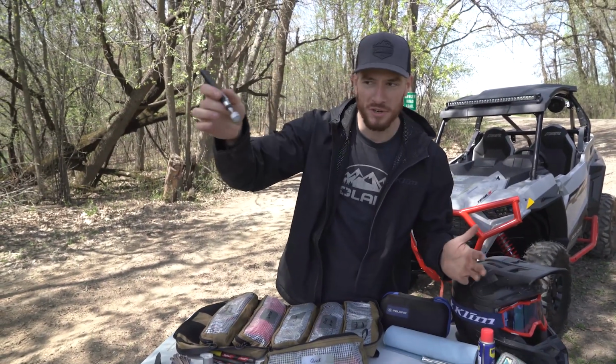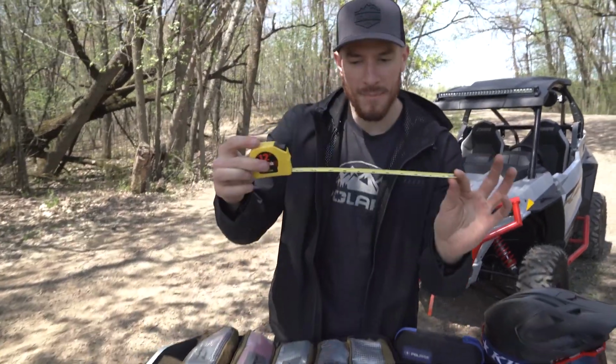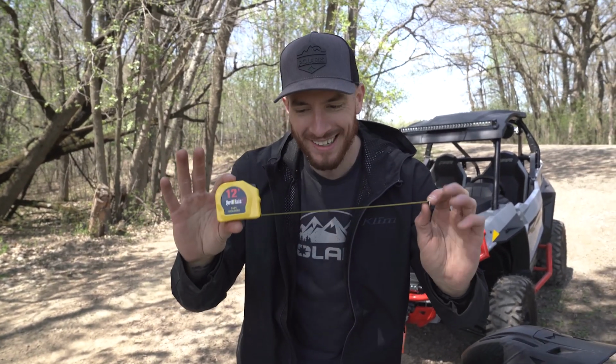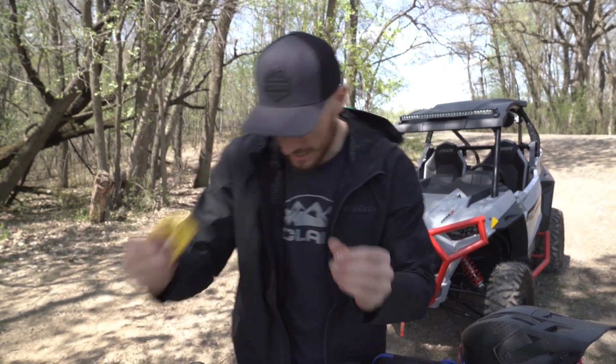Don't put your hand where the spiders are. Use this. Yes. Tape measure. Honestly, I used to carry just a paper tape measure like a seamstress would use. Also really nice. I actually kind of want to switch to that because this is just space taken up, but